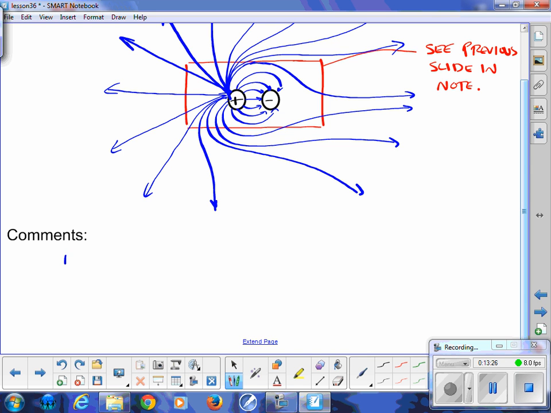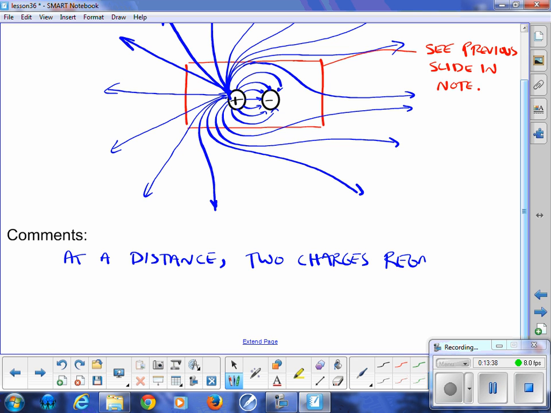So at a distance, two charges, regardless of sign, will take on the same properties